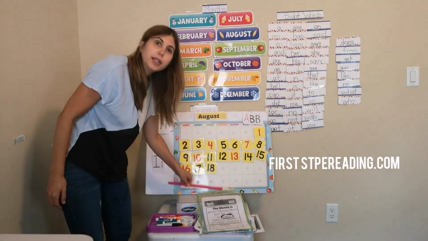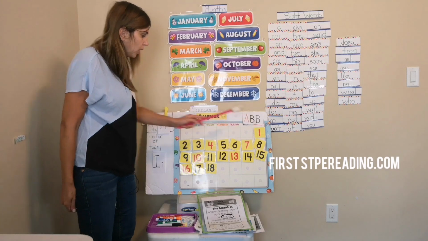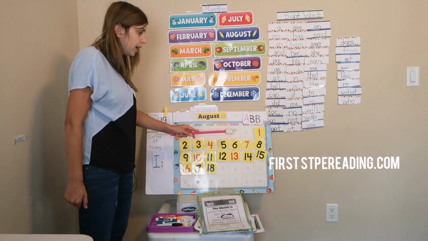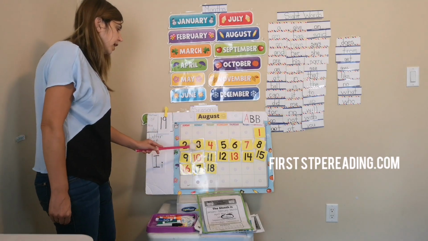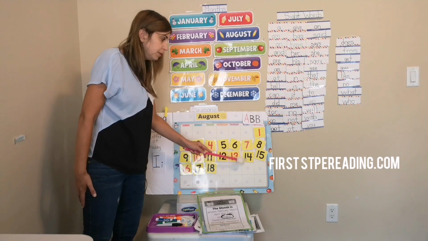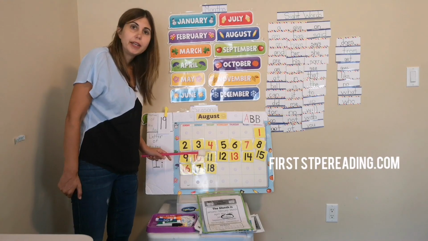In order to do that, we should count. So you ready to count with me? 1, 2, 3, 4, 5, 6, 7, 8, 9, 10, 11, 12, 13, 14, 15, 16, 17, 18,